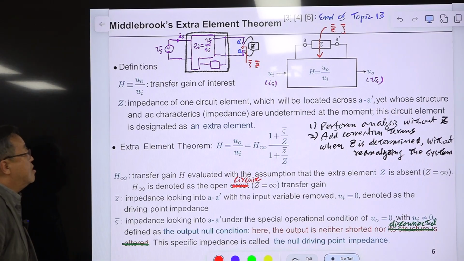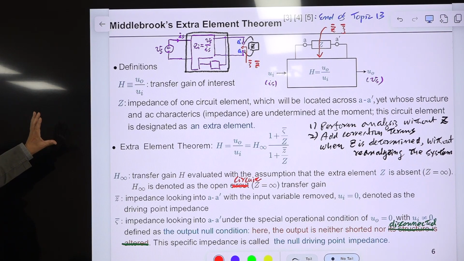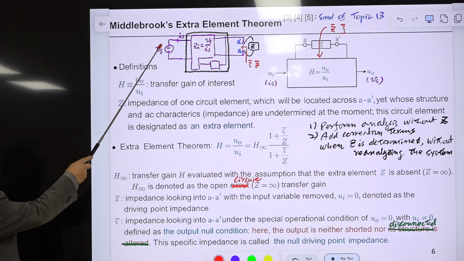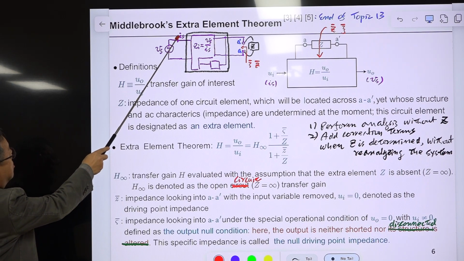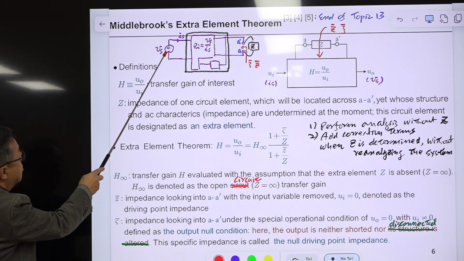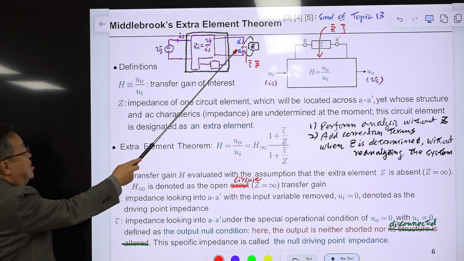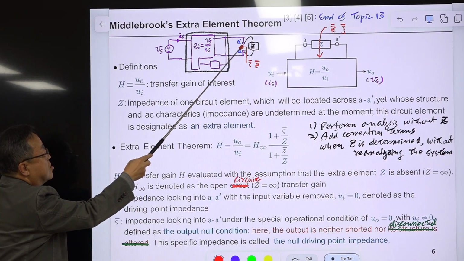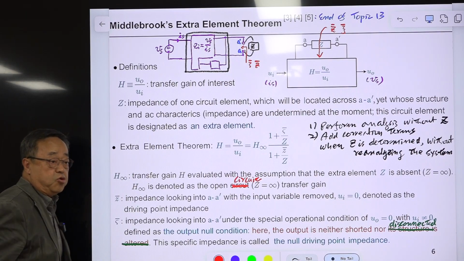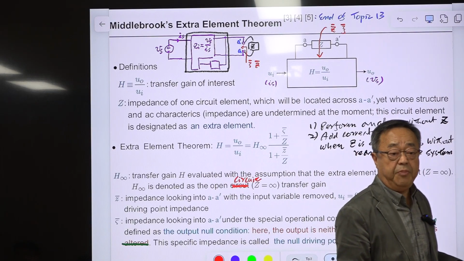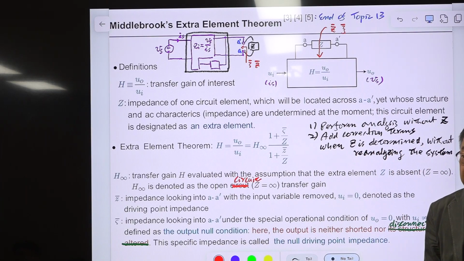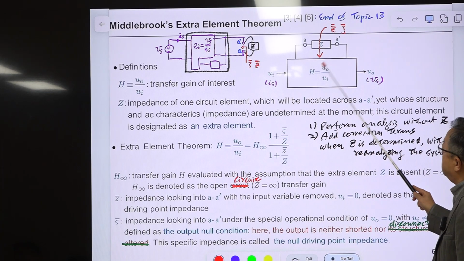Okay. So think about this. This is the situation, and we are trying to analyze the input impedance. Then this is input, and this is output. Okay. And the G is connected here, so this is the opening when we evaluate the driving point impedance or null driving point impedance. Okay, so let's start with this.